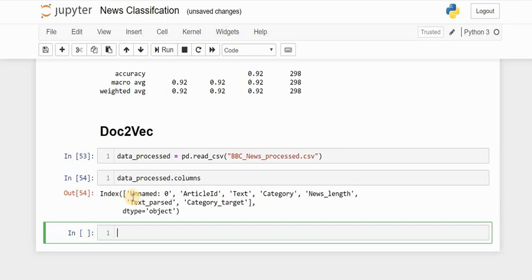Now let's define a variable wherein we can get these two columns.